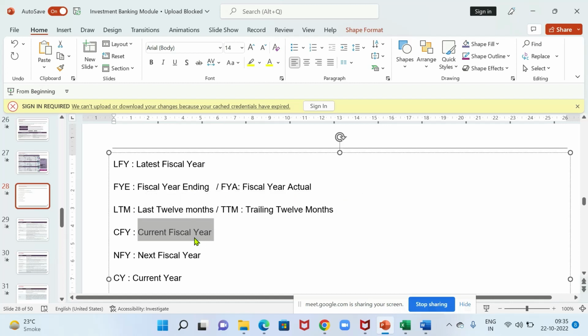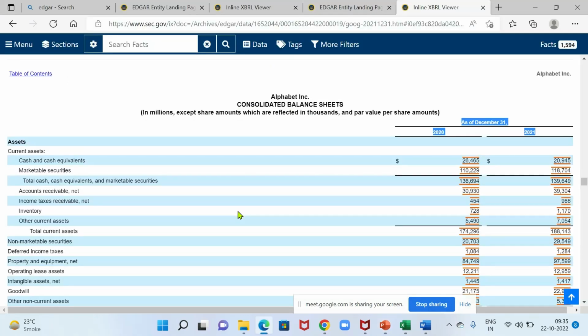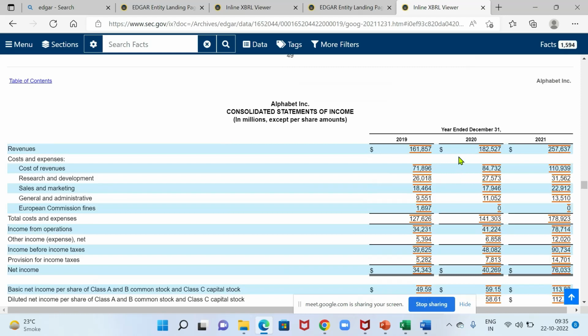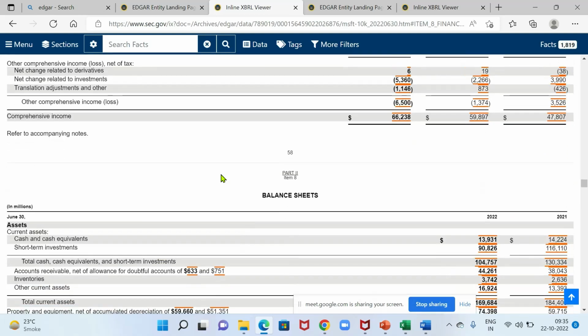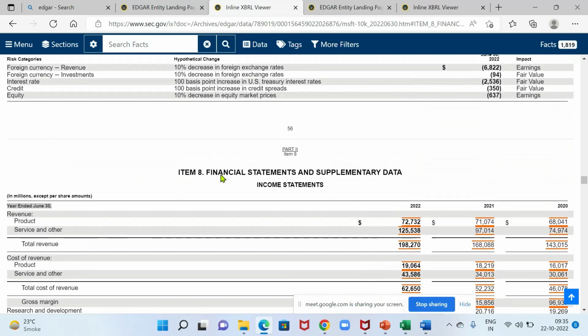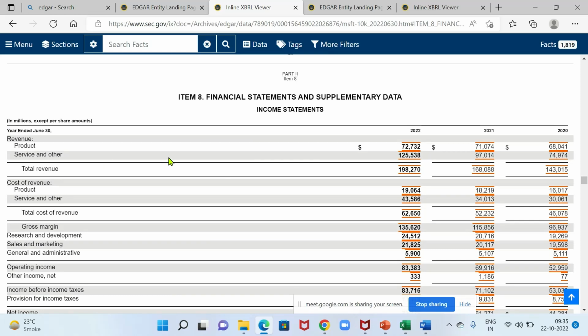These are used interchangeably. Suppose I have to calculate the last 12 months number of a company. This is my income statement for MSFT. For Microsoft's last 12 months numbers, today it is October, right? So the company has not yet issued its September ended numbers, so which are the latest available numbers we have? What is the latest available number that we have? Is this the 10K, which is June ending?